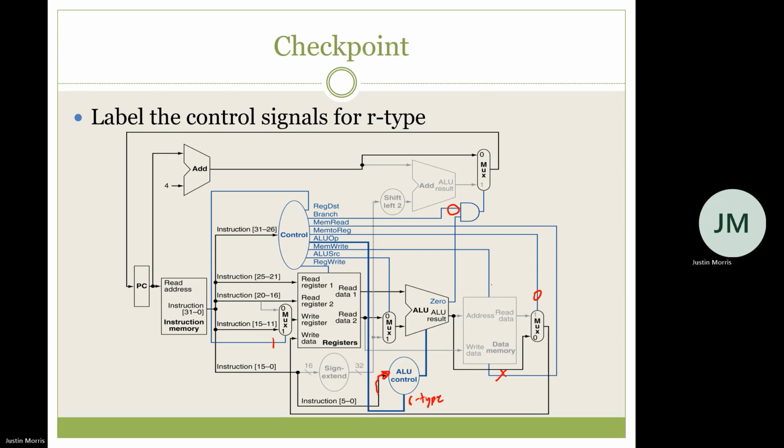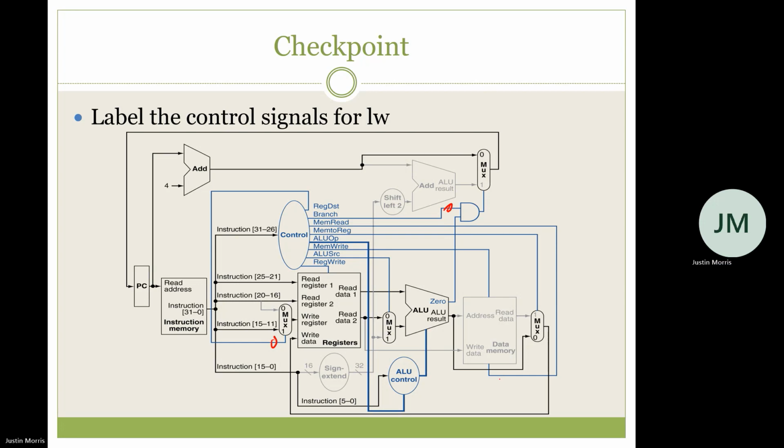Mem write. What does this need to be? Yes, this needs to be 0. ALU source. And then reg write. Yes, we are writing to the register. Right? So then for load word, these signals are a little bit different, right? Reg dest is reg 0. Branch is